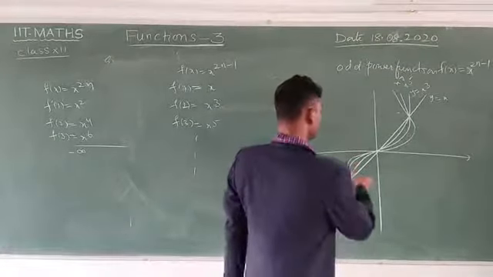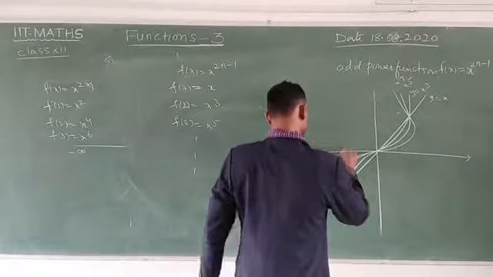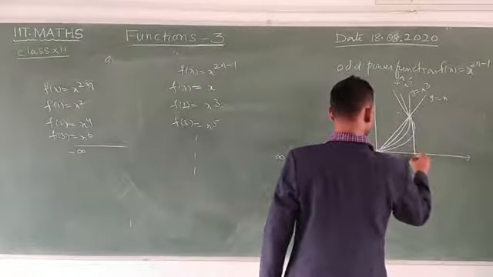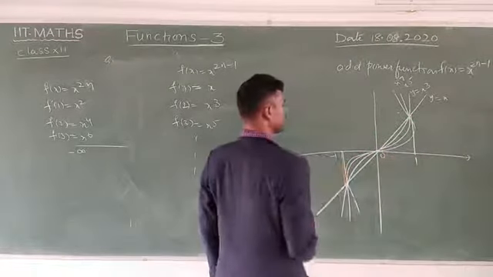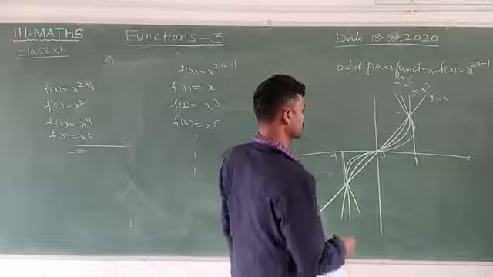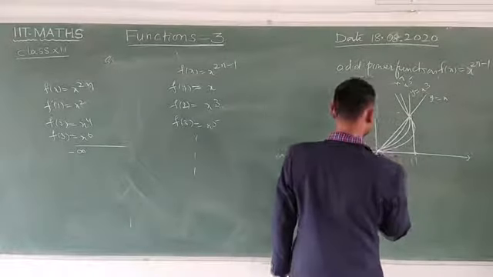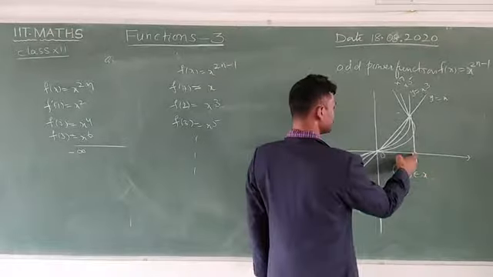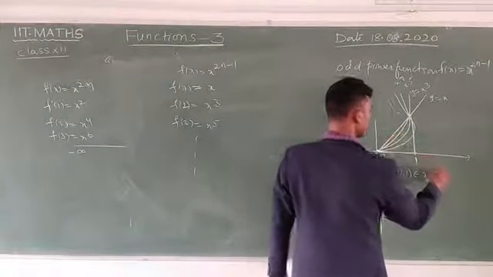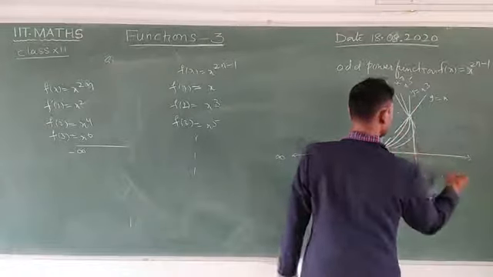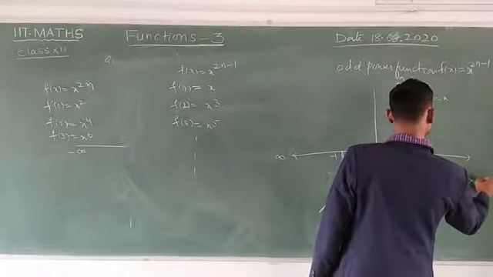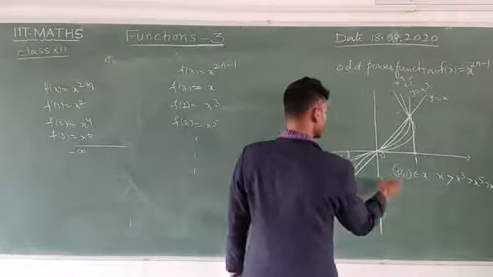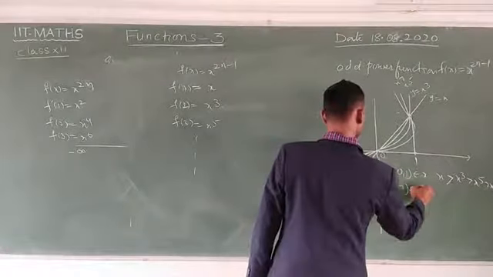Now see here, you can take minus 1 and plus 1 in between, so plus 1, 0, minus 1. Here 3 intervals are there. First one is 0 to 1. Here x is greater, then x cube, x power 5 and x power 7, and so on. Now here 0 to minus 1.